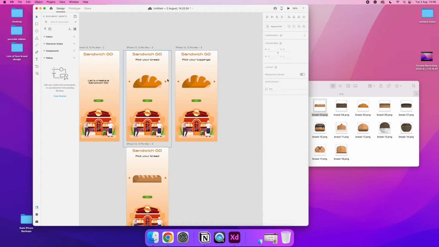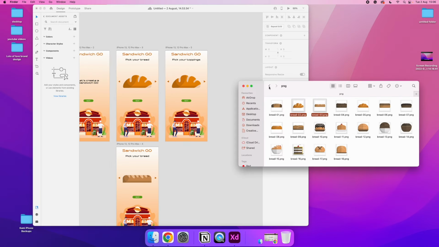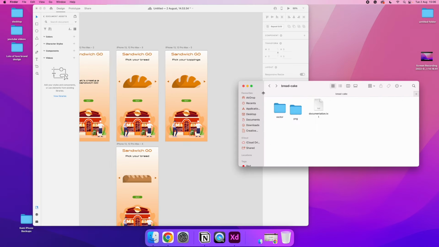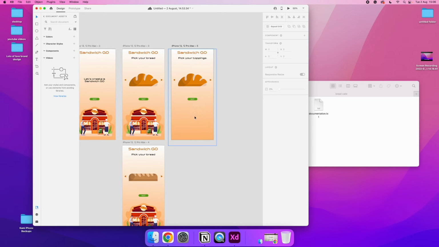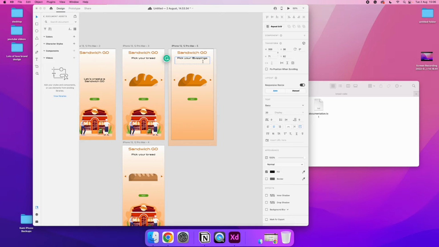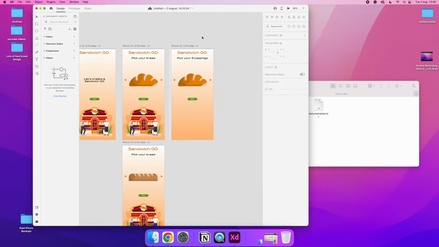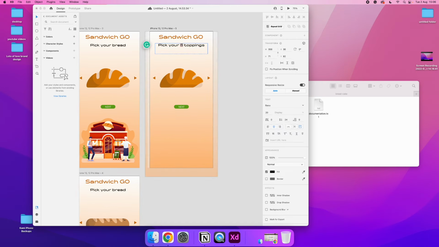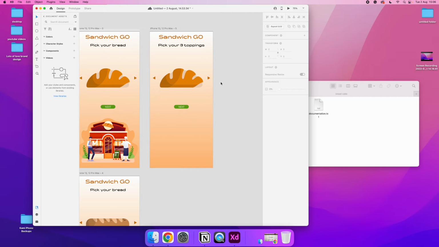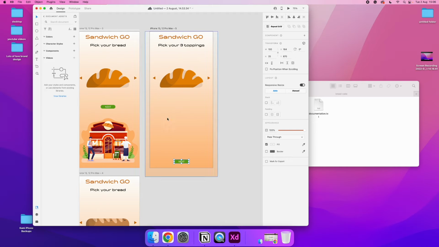So we can only pick one bread, and I think it would be nice to be able to select more than one. So how about if we remove this? I feel like it might be a little bit empty if we remove this, but maybe. I'm thinking that, let's say, pick your free toppings. That doesn't look like a free, but you know what? I mean, it kind of looks like a free, but I just wish it didn't look like that. But it's okay. So it's pick your free toppings, and what we could do is move this button down here,